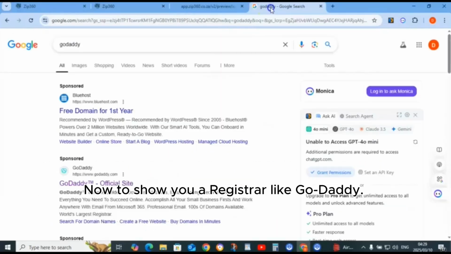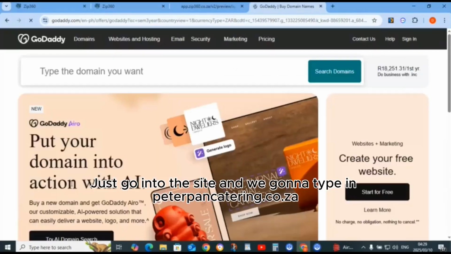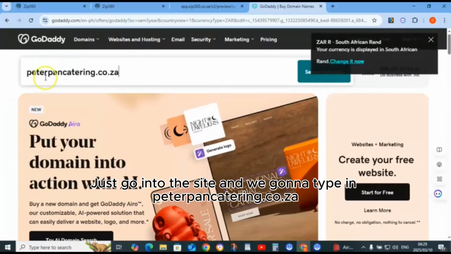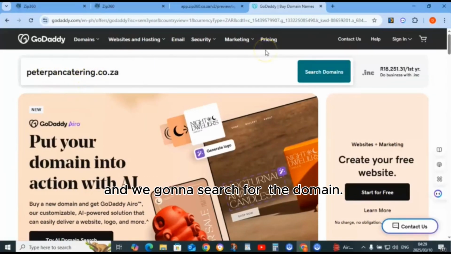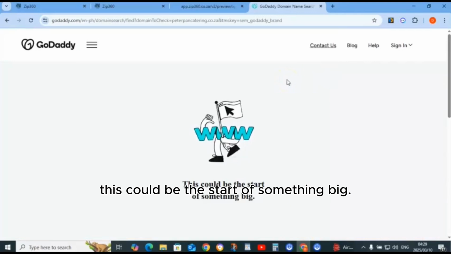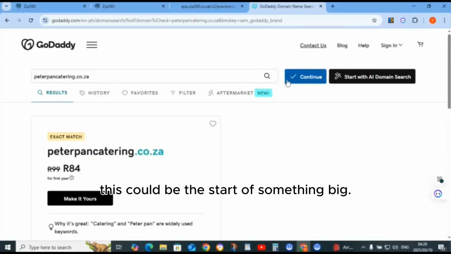Now, to show you a registrar like GoDaddy, let's just go into the site and we're going to type in peterpancatering.co.za and we're going to search the domain. Let's see what it does. It says this could be the start of something big.